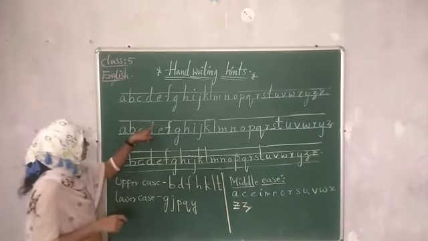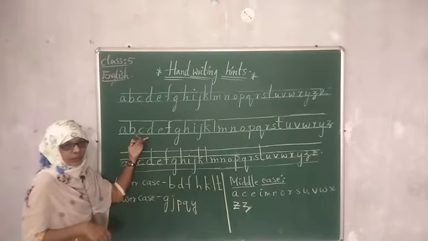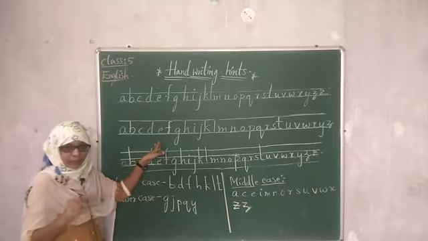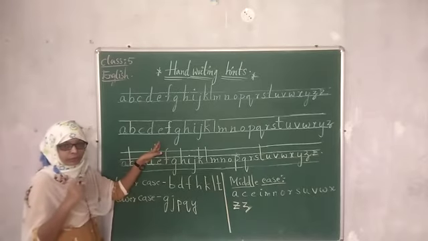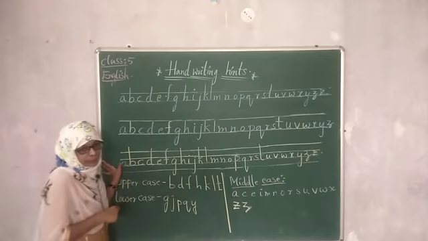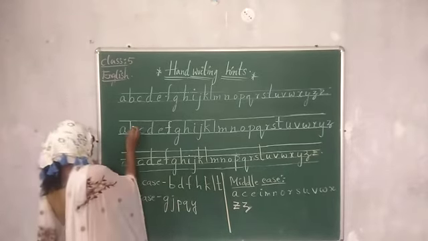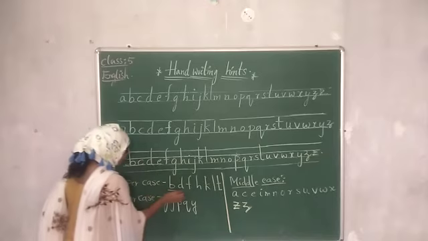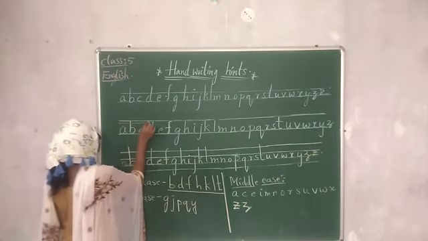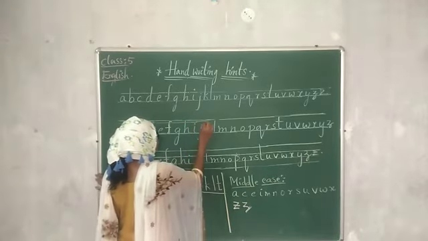But why did I touch this line here? I have written this on the board, students, so I have maintained this according to the font size. But while writing in the book, if you maintain the font size and reach this line, it doesn't look good. So while writing in the book, what you have to do? The uppercase letters should just come till here. You can take your letters to this height.